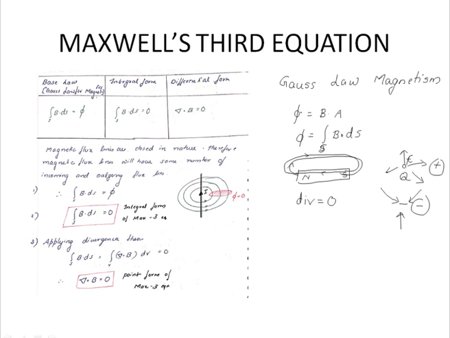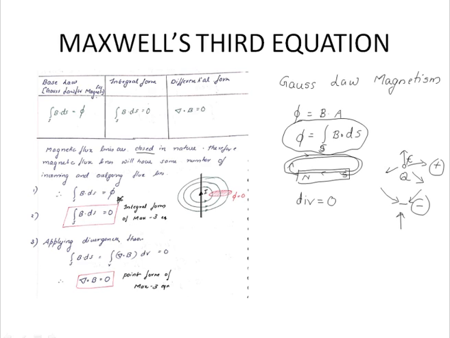So we can conclude that if this is the equation of magnetic flux phi, since the magnetic flux lines are closed in nature, they will have the same number of incoming and outgoing flux lines. So this equation will be written as the surface integral of B dot ds equal to 0. This equation is known as Maxwell's equation in the integral form, or the third Maxwell's equation. It's actually not derived by Maxwell. Maxwell just compiled all the equations developed by Gauss, Ampere and Faraday.